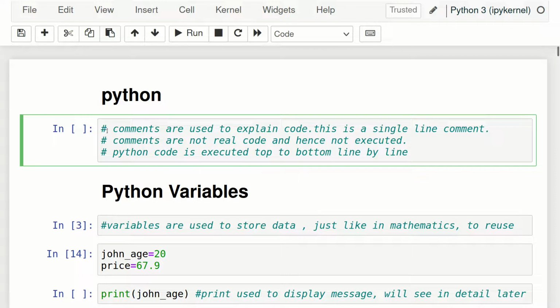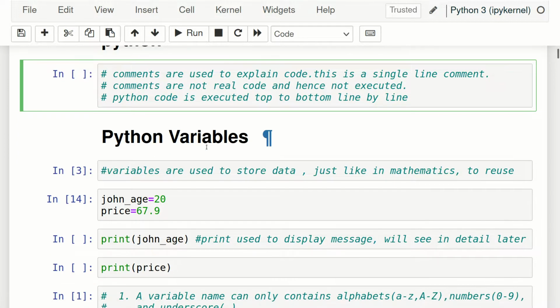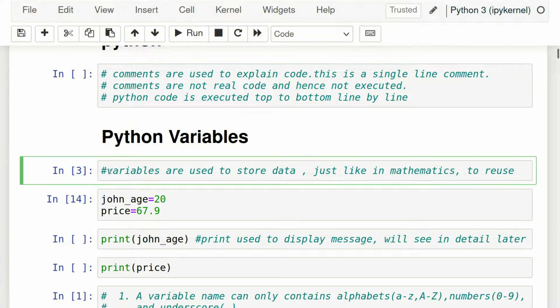To write a comment, you have to just use the hash symbol. Just start a sentence with hash and it will be considered as a comment. So this is not a code. Okay. Now moving to the first topic, which is variables. As you can see, I have written this definition using a comment. If I remove this hash symbol, it will be considered as code. But if this symbol is there, it means it is a comment.